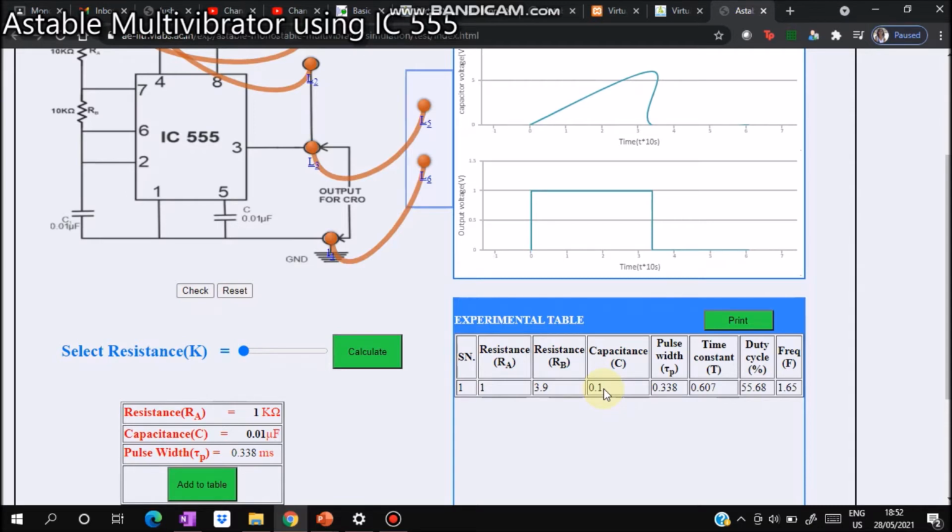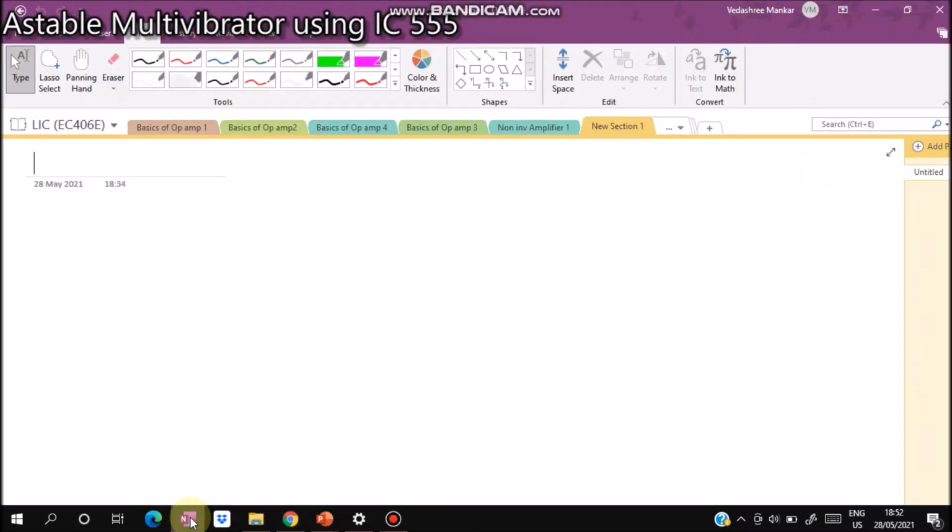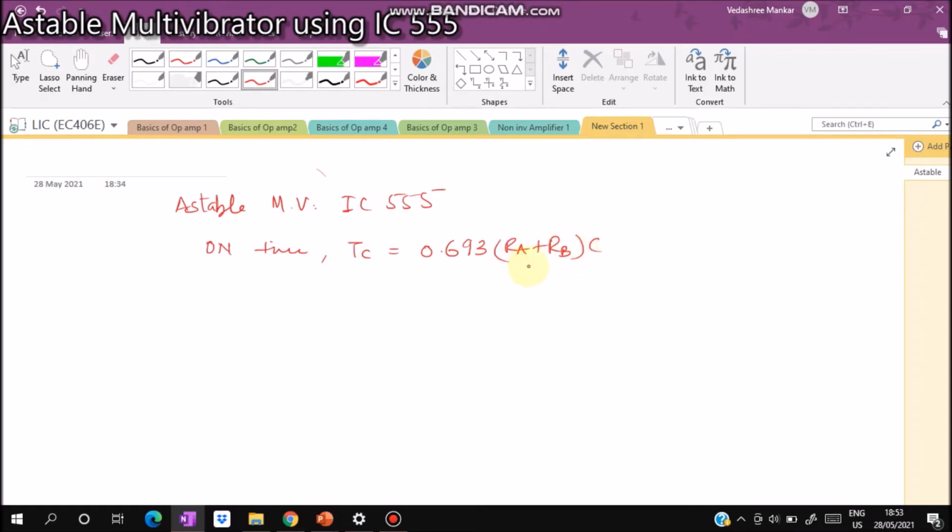If you do the calculation, you'll be able to do it like this. How do we do it? We know for astable multivibrator using IC 555, we have on time, or you can say charging time, as 0.693 times (RA plus RB) times C. So by just putting in the values, we can get the on time.